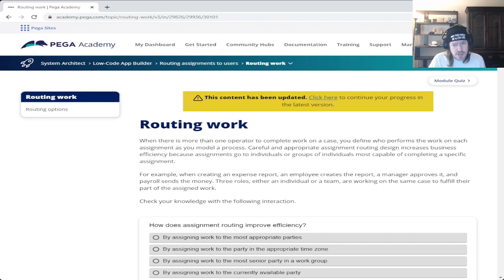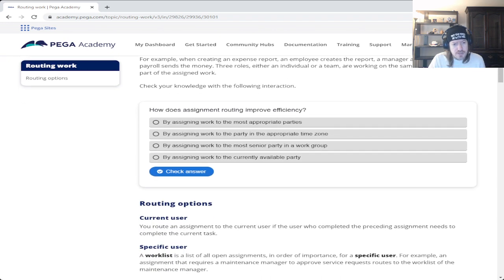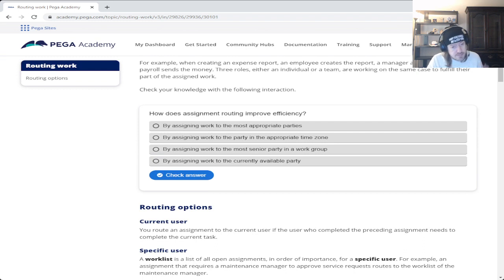Interesting that they have the interaction right here at the very beginning. But, all right, how does assigning routing improve efficiency? By assigning work to the most appropriate parties? Sure. By assigning work to a party in the appropriate time zone? Well, I mean, sure, that could be.